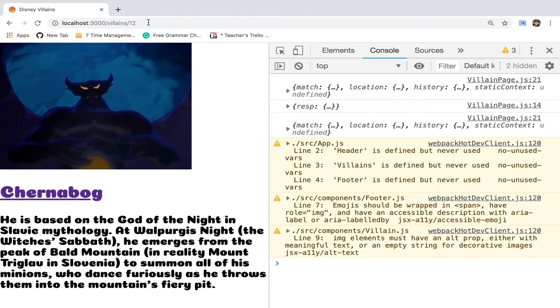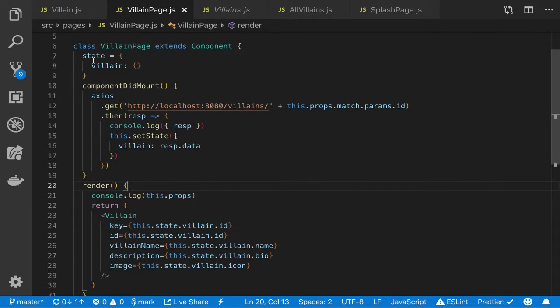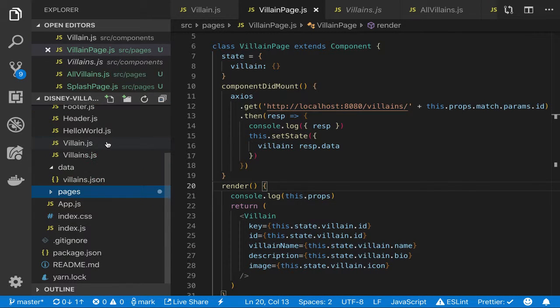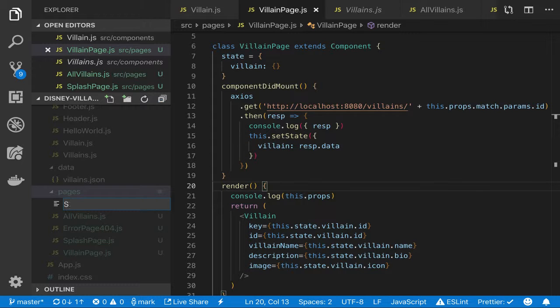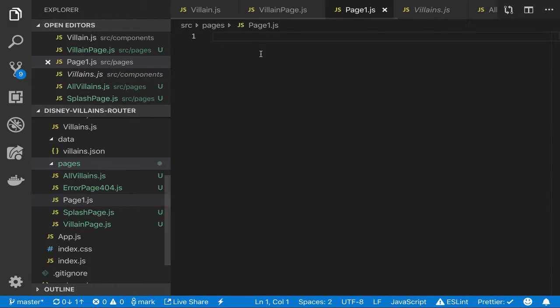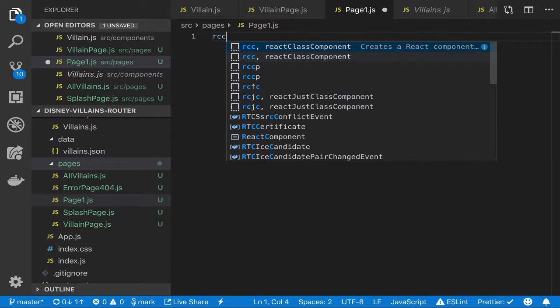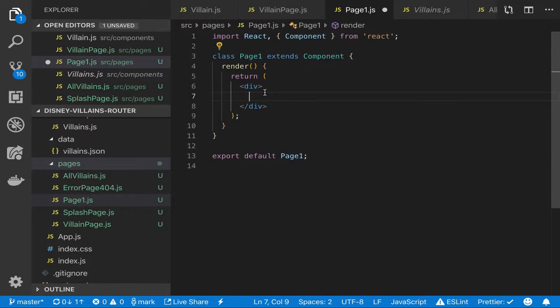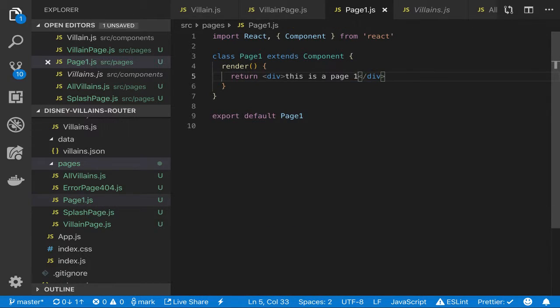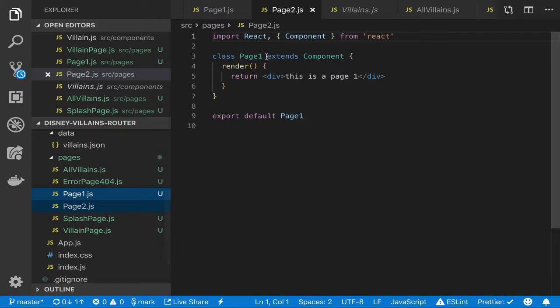So what I would do is actually add the router first and create 3 really simple components. Kind of like how we did this. Remember how we had a component that just had one line in it? And when I say simple component, I mean simple component. Something like this, RCC, page 1. And then from here, take these simple components, like page 1, page 2,